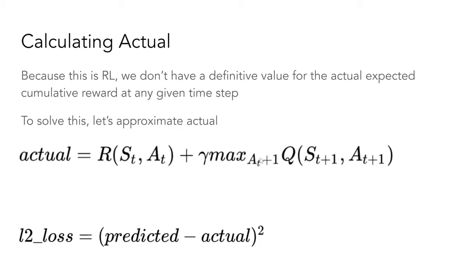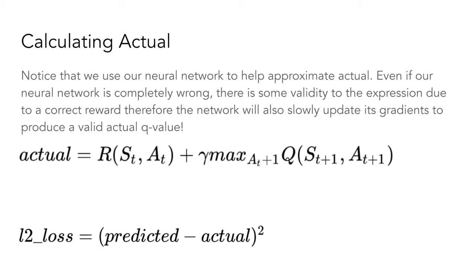One thing you might notice is this might not necessarily be the best label because we're still using our model to give it a label. But even though that is not an entirely correct label per se, there is some truth to it because it does have the actual reward you got at that step. So while this does take a while to converge, it will eventually converge. So deep Q-learning tends to take a while to actually train.